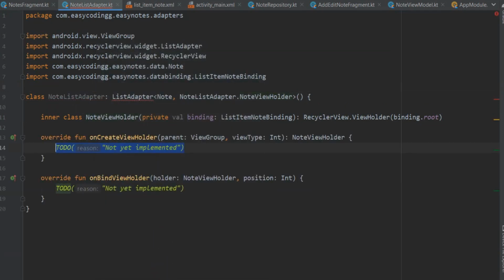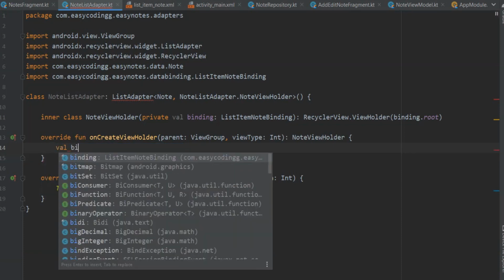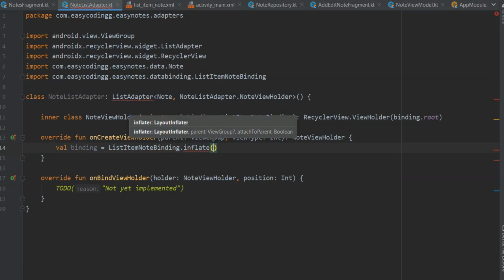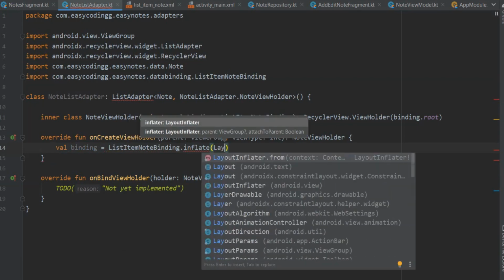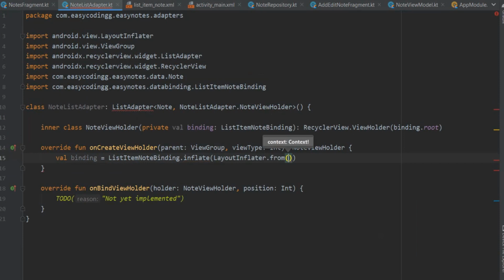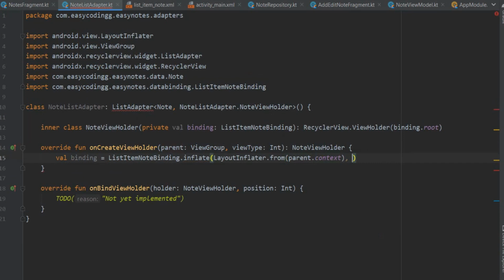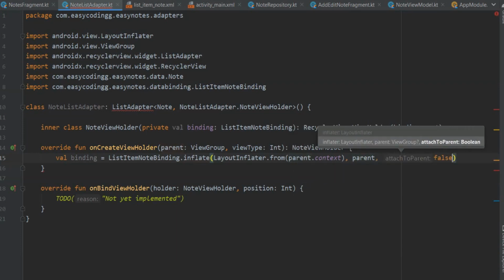Now inside of our onCreateViewHolder we inflate our layout. So val binding equal to ListItemNoteBinding.inflate, and the first parameter will be LayoutInflater. So LayoutInflater.from, and the context will be parent.context, and the second parameter will be just parent, and attachToParent will be false.